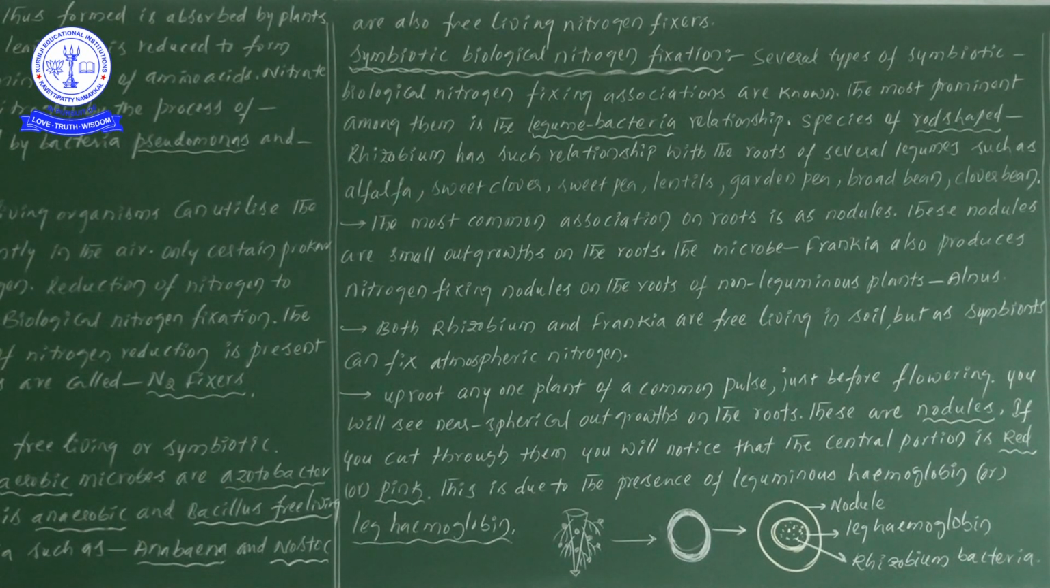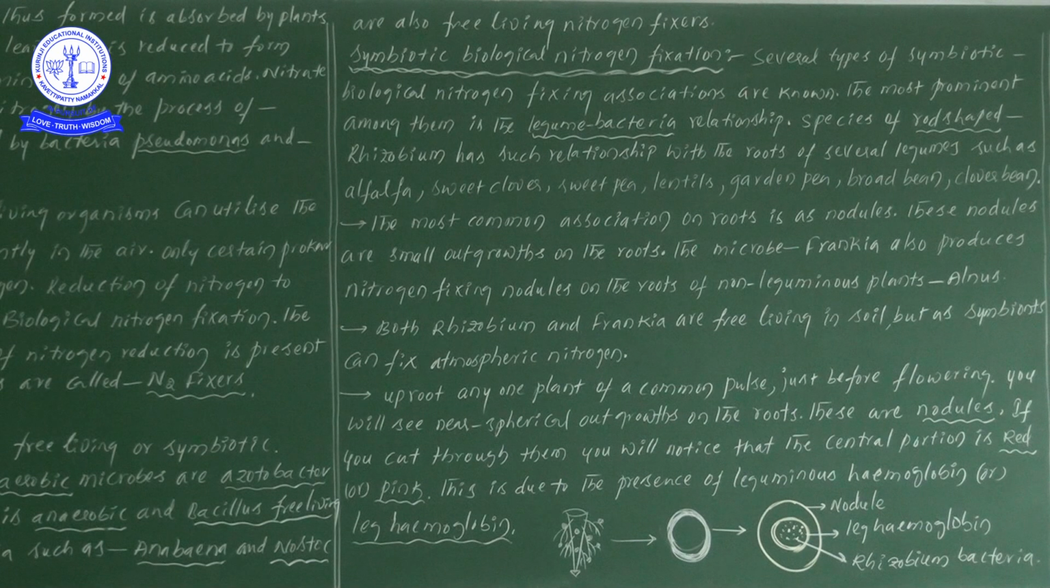So by being free living, they can also fix atmospheric nitrogen. Already we have seen Acetobacter and Beijerinckia are free living aerobic microbes. Free living anaerobic Rhodospirillum comes, and Bacillus also comes under free living ones. In addition, a number of cyanobacteria such as Anabaena and Nostoc are also reported as free